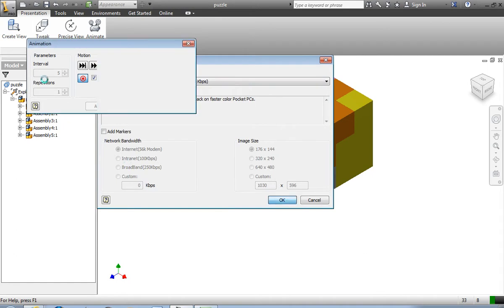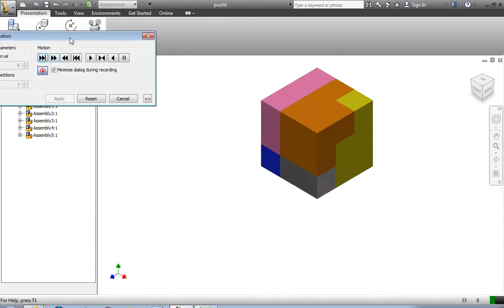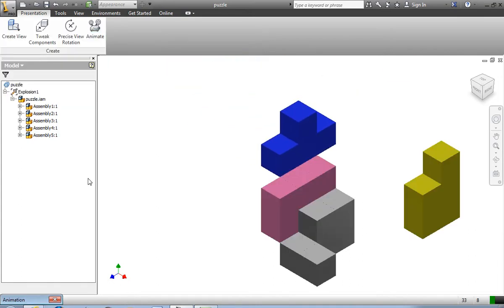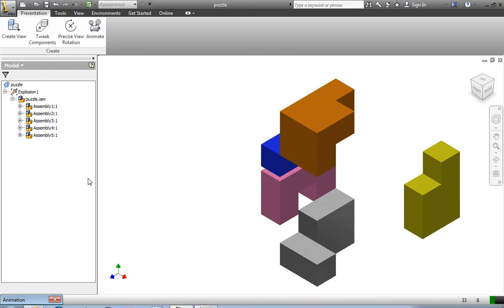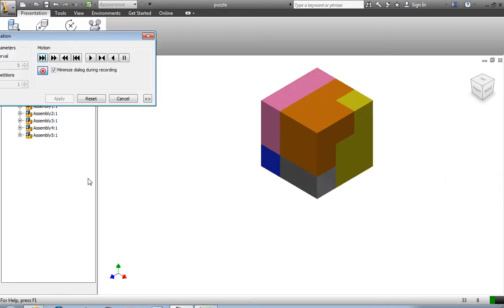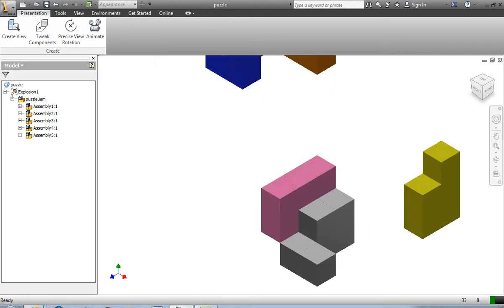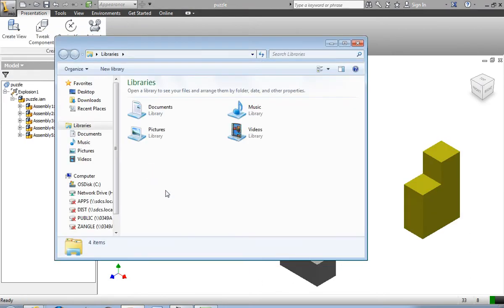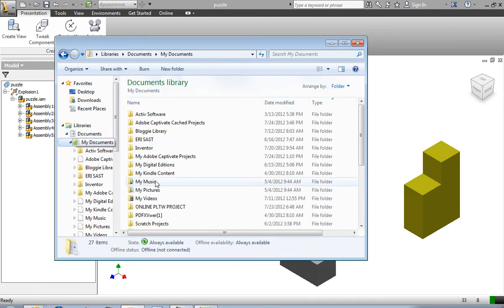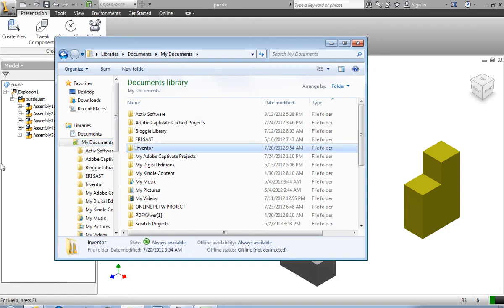And then you're going to press play. And it's going to go ahead and record and do that animation. And it will save it. If you go into your file, go to your My Documents, you'll be able to see. And I hope you're seeing this on your screen. I don't know if it's showing or not. I hope it is. Under block,